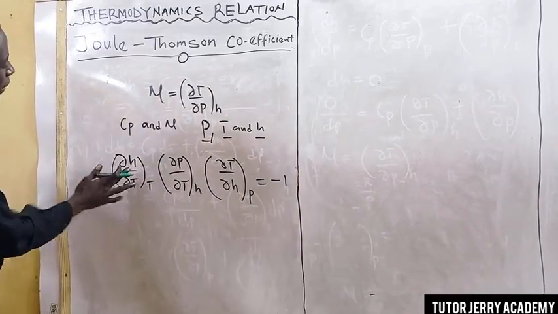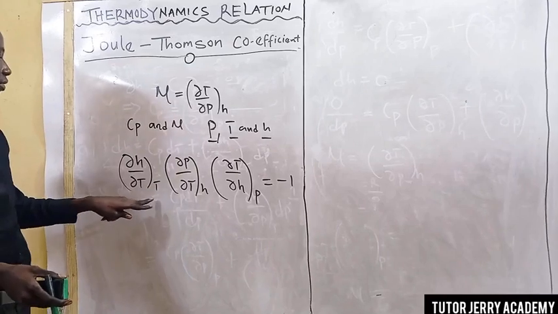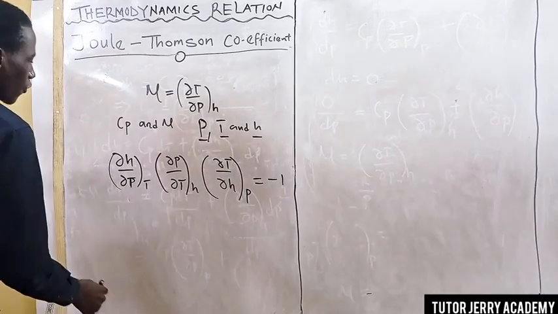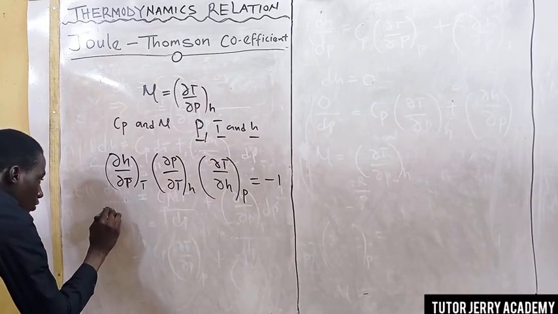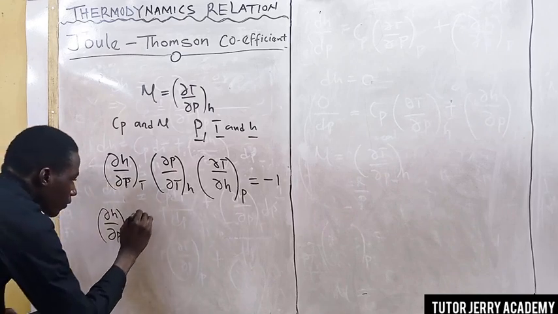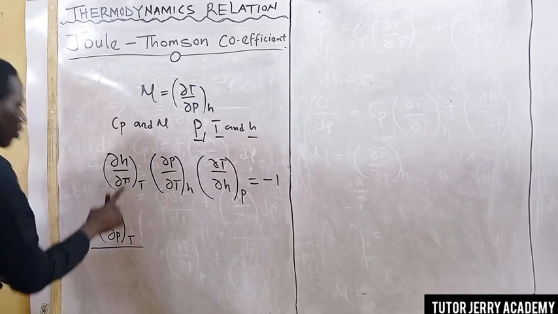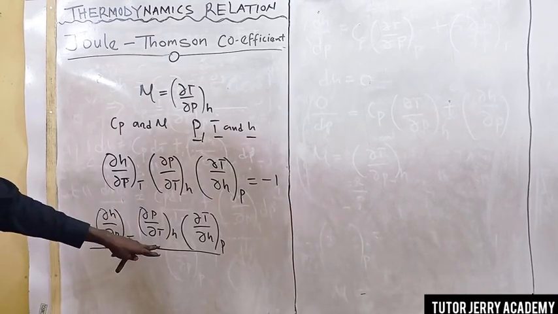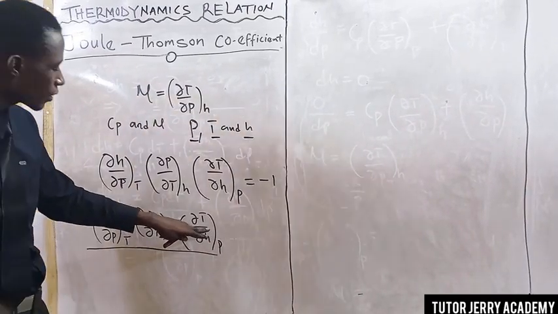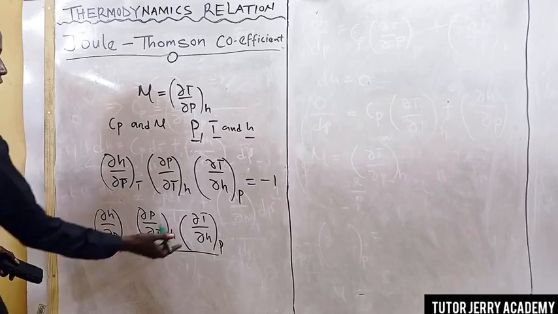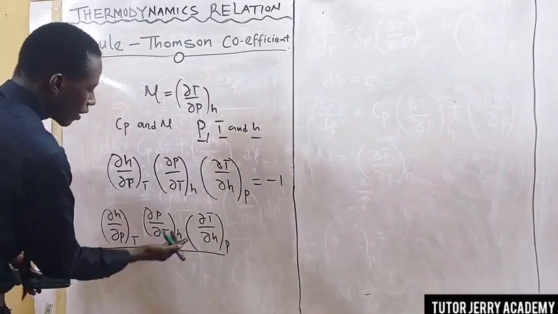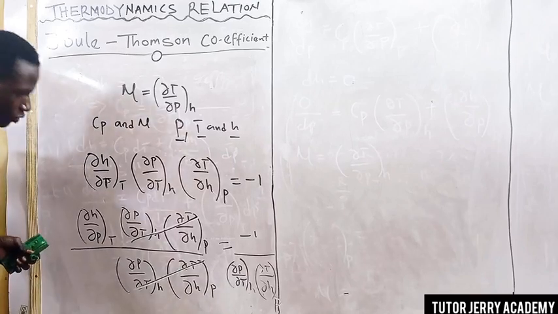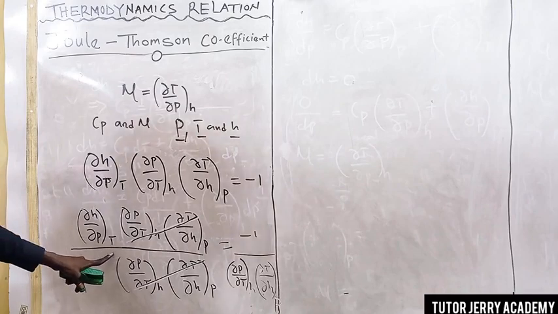Next, we are going to make the partial derivative of H over the partial derivative of P, keeping T constant, the subject of this relation. We do that by dividing both sides of this equation by the partial derivative of P over the partial derivative of T, keeping H constant, multiplied by the partial derivative of T over the partial derivative of H, keeping P constant. We divide -1 by this also, and we are left with the partial derivative of H over the partial derivative of P, keeping T constant,